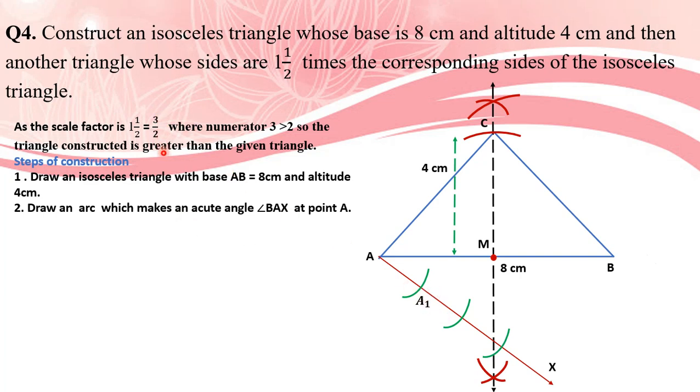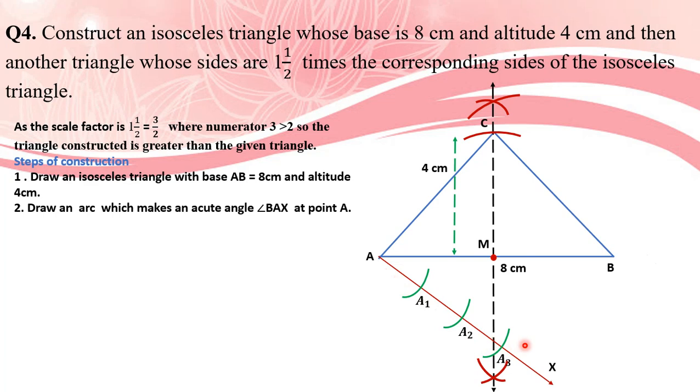Whichever is the greater number, that number of arcs we have to make on the ray. So here 3 is greater, that means 3 equal arcs we have to draw, A1, A2 and A3, on